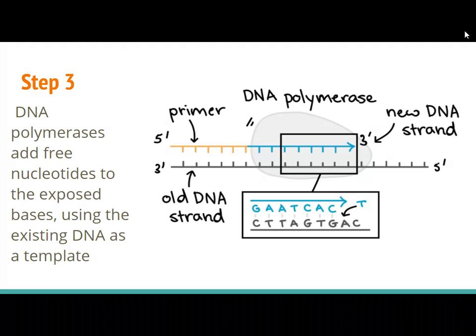DNA polymerase is what's going to add to those open-faced strands. So if we've got our little primer, our DNA polymerase is going to start wherever that primer is and move, adding free nucleotides. So nucleotides are just floating around in our cell